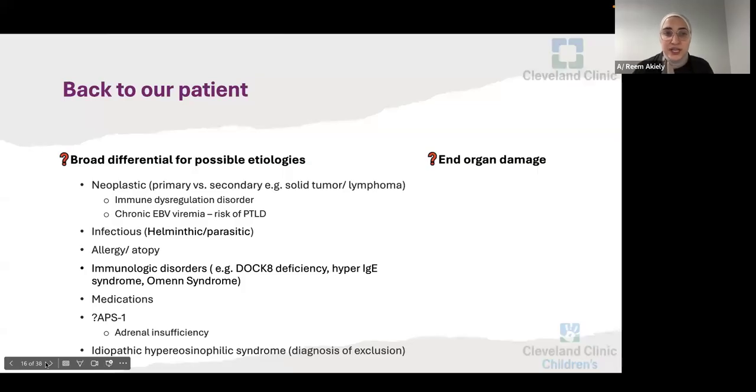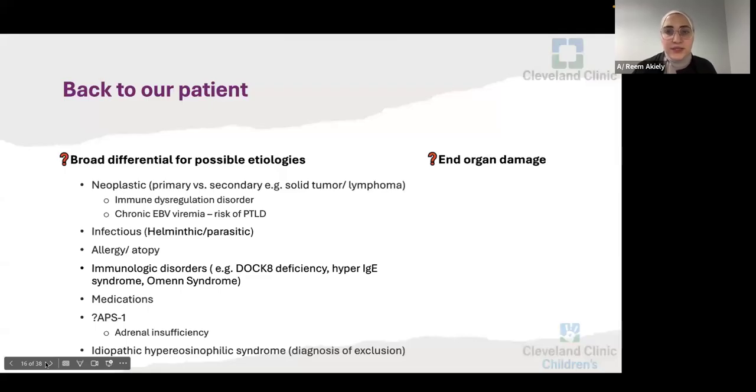Additionally, given his immunosuppressed status, he was at risk of infections, including helminthic and parasitic infections. Mentioning his allergy history, allergy and atopy was also something to consider. And given his known immune dysregulation, we thought of immunologic disorders. He was also on multiple medications that put him at risk. And as we talked about, EPS type 1 itself is not an association. However, adrenal insufficiency is. And then finally, we would not have come to the conclusion of idiopathic hypereosinophilic syndrome before